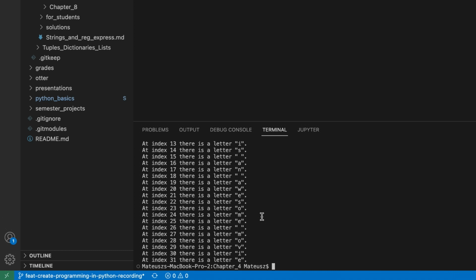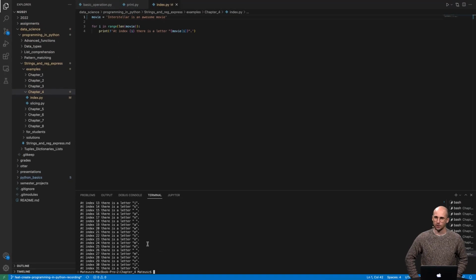As you can see, this example works for any string of any length, and we can check the indices. As you can see, the indices start with 0 and end at a number which is 1 smaller than the length of the entire string. So this string must be of length 32. Okay, so this is how you access